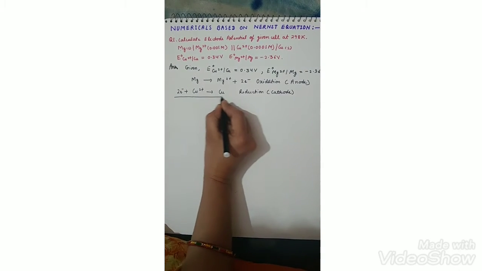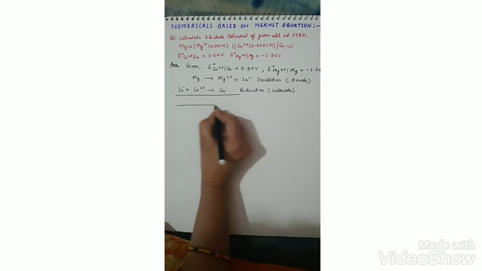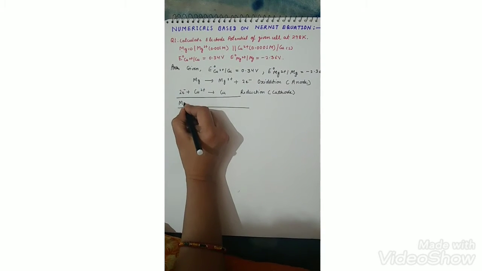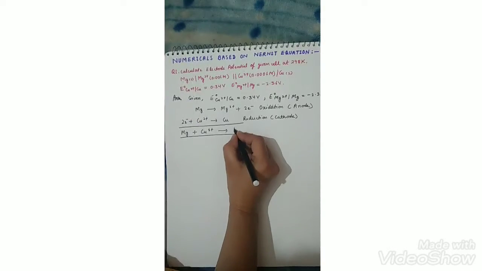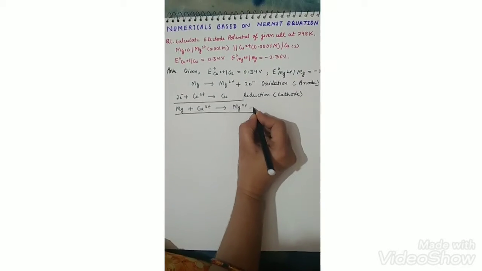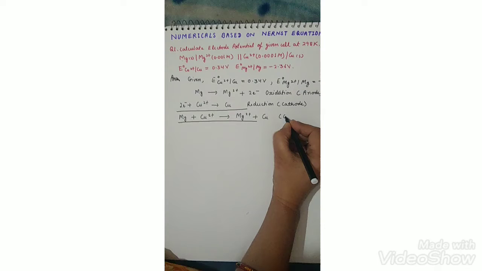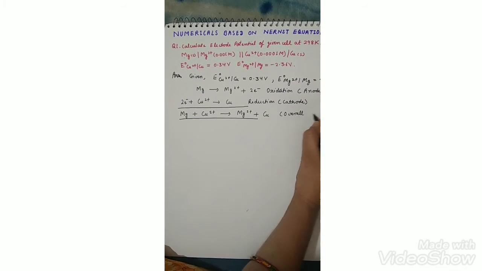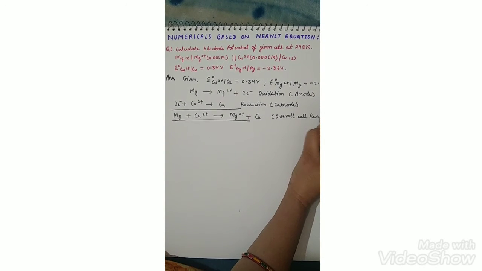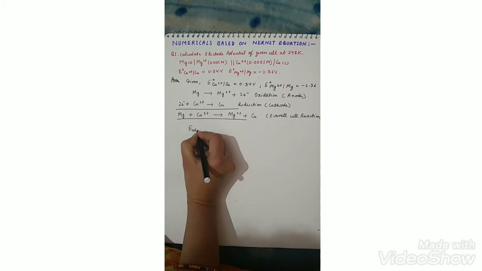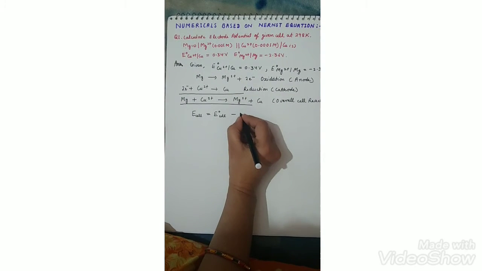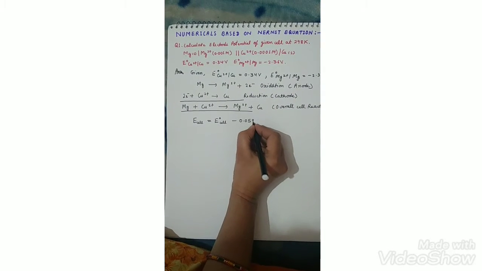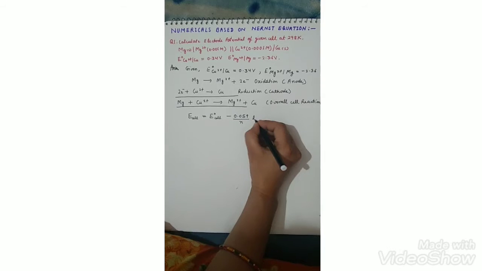Now when we add these two half cell reactions, we get Mg plus Cu2+ ion gives Mg2+ ion plus Cu. This is the overall cell reaction. Now you have to write the Nernst equation. The Nernst equation is E cell equal to E naught cell minus 0.059 upon n log